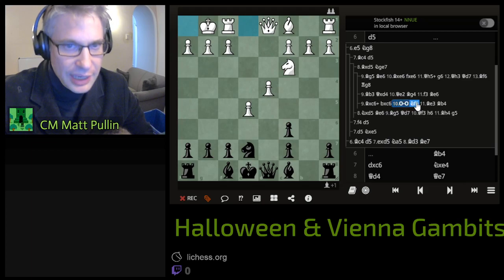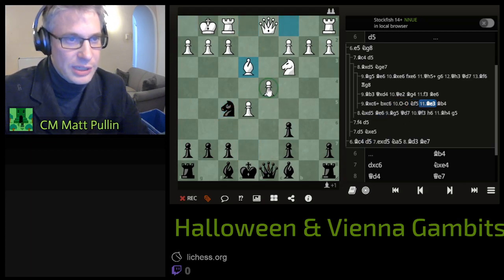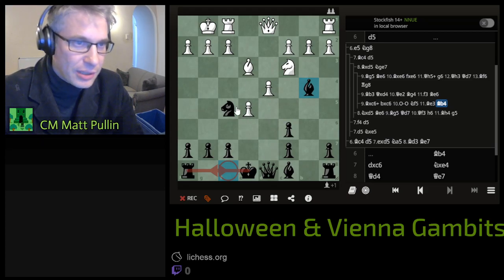Again, so say white castles, knight f5. This is a nice counterattack on d4. White protects this pawn. We play bishop b4. This move gets us ready to castle. And this is a good position. And keep in mind, black is up